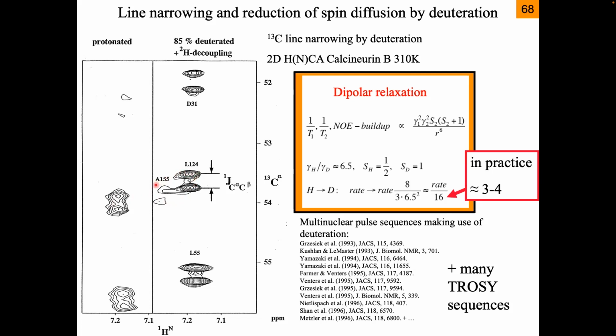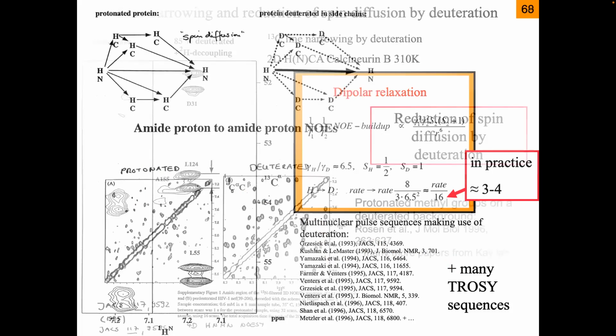There's, by the way, another effect. This is not an artifact. It's not a problem of the chemical shift referencing, but you see that in the deuterated case, the carbon resonance is shifted upfield. Any idea what this is? Isotope shift, yes. So this is used in many multinuclear sequences, of course, and certainly in the TROSY sequences. So this is the effect on T2, but there's also an effect on the NOE,